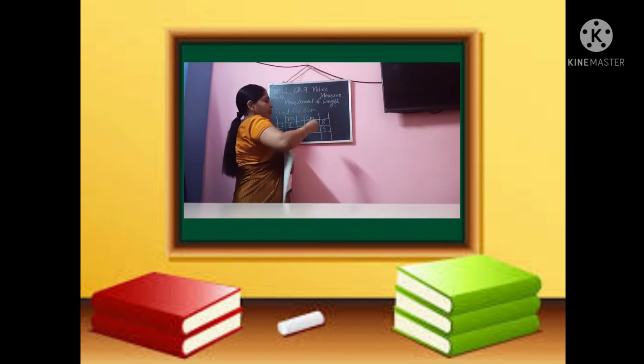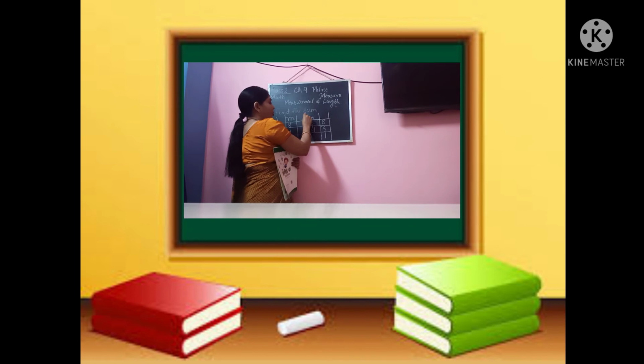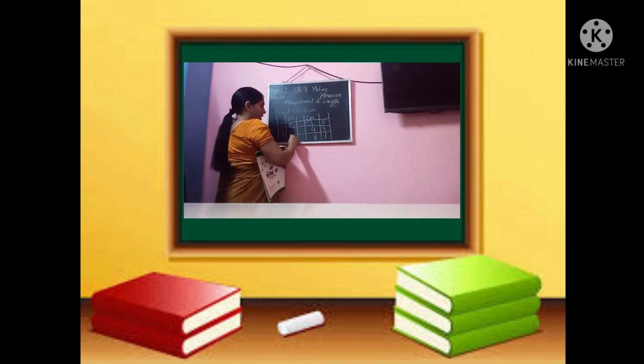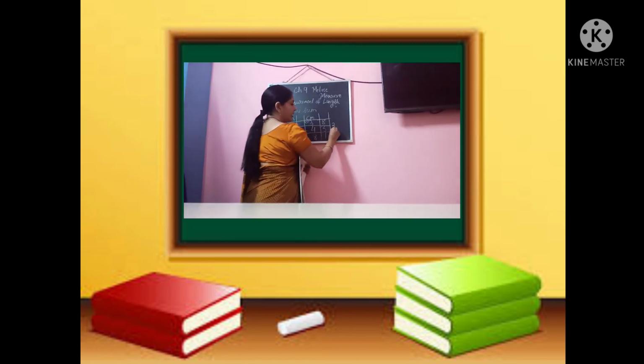Now do the addition. 8 plus 3, 11. Carry over addition we have to use. Now 1 will be carried here. 3 plus 1, 4. 4 plus 4 is 8. 8 plus 1, 9. And 2 plus 1 is 3. So the answer will be 39